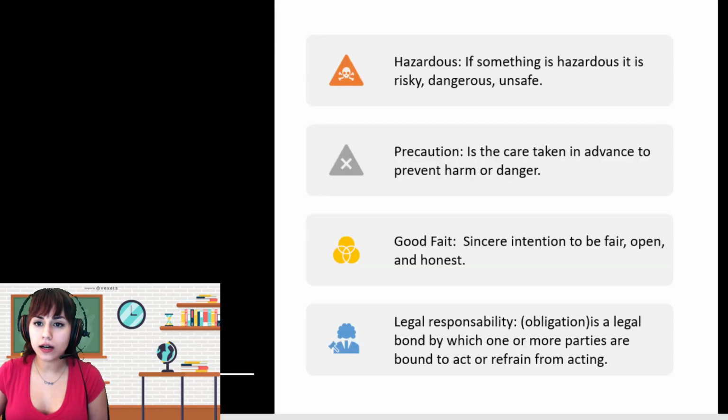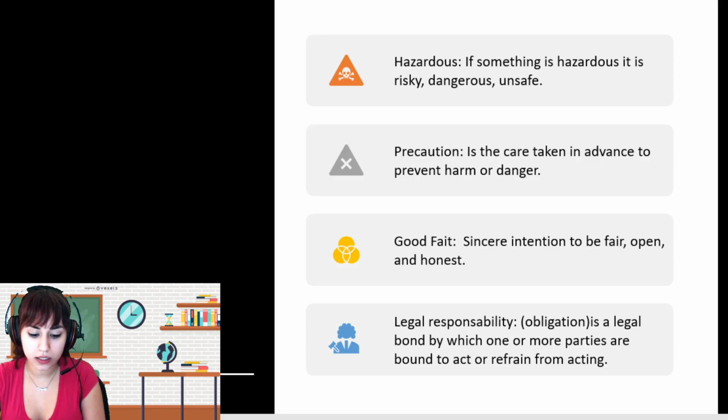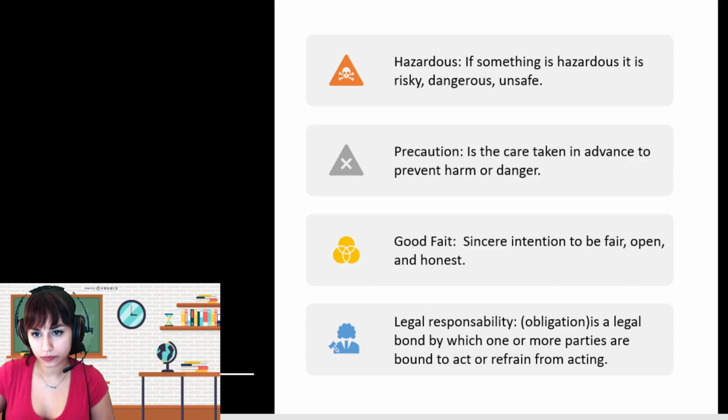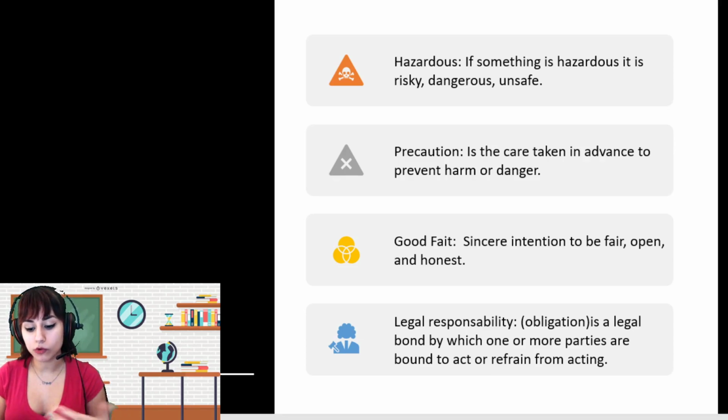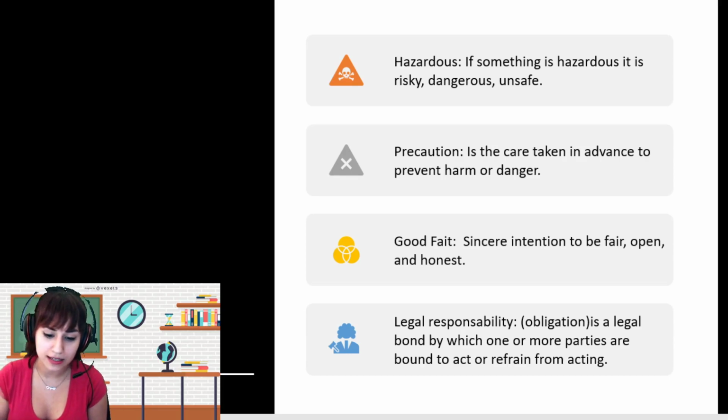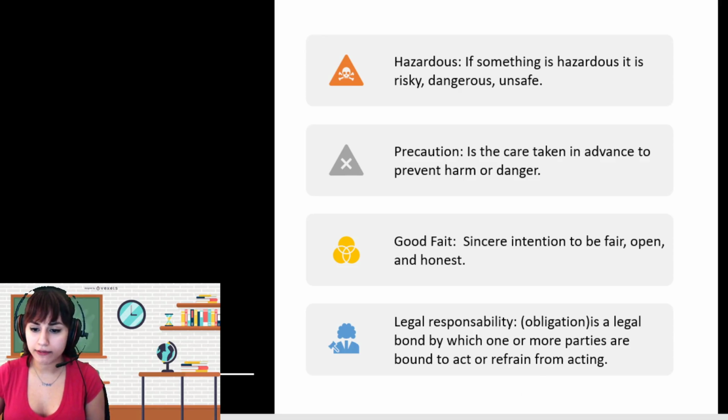For the next slide, we have hazardous. Okay, listen carefully. Hazardous, okay? So for hazardous, if something is hazardous, it is risky, dangerous, or unsafe. Hazardous es una palabra que se utiliza muy formalmente para decir que algo es arriesgado, que es peligroso, que es inseguro, etc. Okay? For the next word, we have